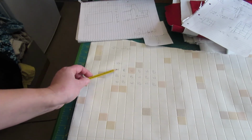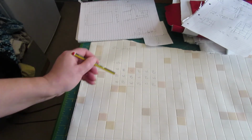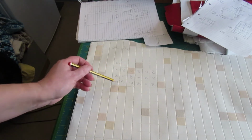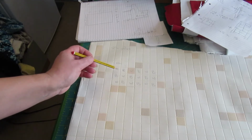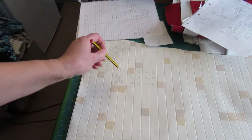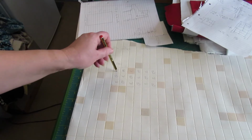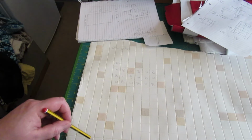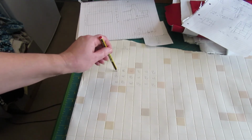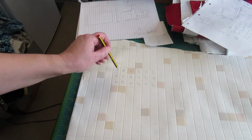So I've worked out how, because this will be 1 block, 3 across and 3 down, and I've worked out that if they were finished with the seam allowance and everything and cut 2.5 inch strips, they'd work out at 2 inches, because you've got to allow your seam allowances both sides. So that would be 2, 4, 6, which is not big enough. So if I cut them at 2 3/4, that allows me a quarter inch that side and a quarter that side. So if I cut strips out at 2 3/4 inches,